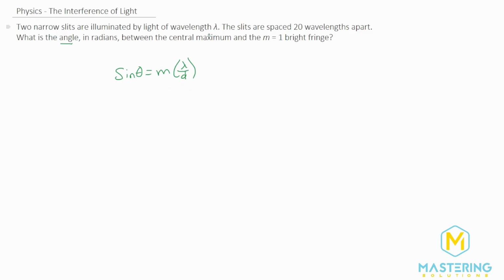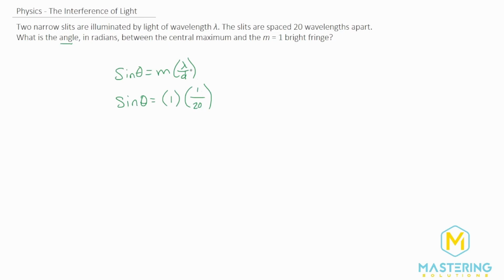It's kind of confusing sometimes when you first look into it, because like we said, it doesn't seem like they give us a lot. They tell us that lambda is something, but they don't give it to us, right? But they tell us that the slits are spaced 20 wavelengths apart. So for every one of these, we have 20 as the d. And they tell us, of course, that m is equal to 1. So when we plug these in, sine of the angle is 1 for the m. And then for lambda, we know that for every one wavelength, d is going to be 20.